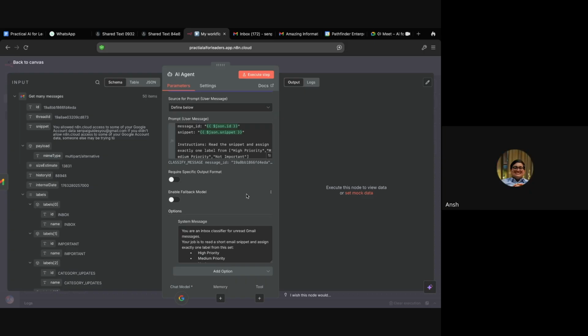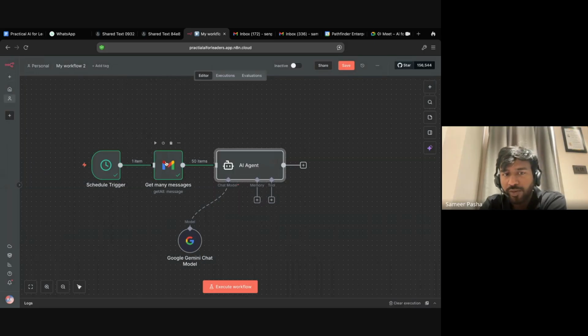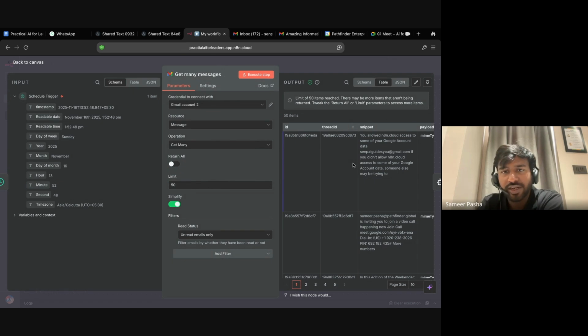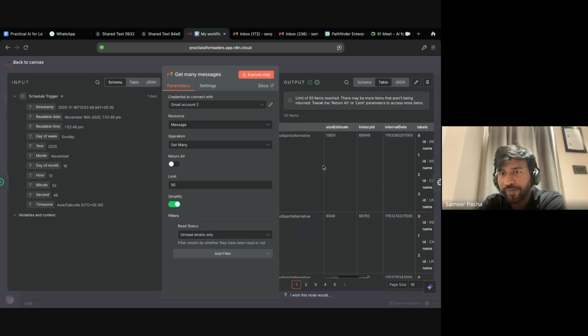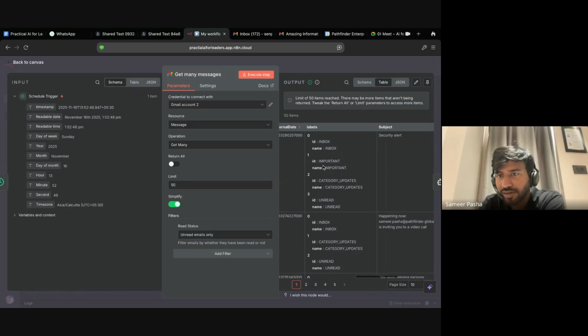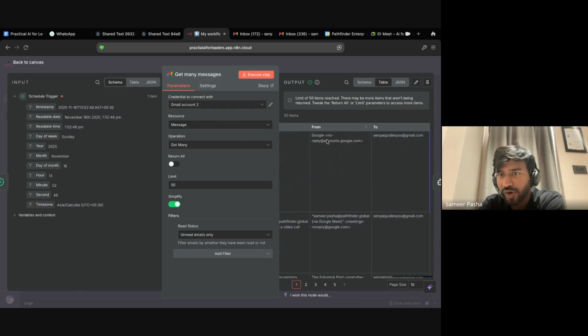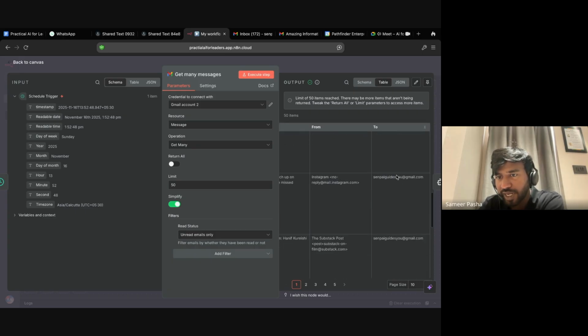Got it. So the moment I click on get many messages, it listed the last 50 emails. These are the details that we have. One is the email ID, not the ID that we usually correlate with @gmail.com. This is a different ID. And the snippet, what exactly is in the email. These are not so important for us. Then from whom we got the email, and to whom. This is our consulting company email that we use, so that is what we connected.